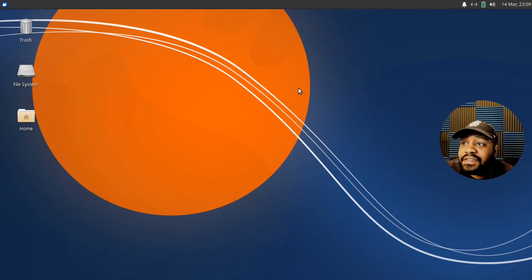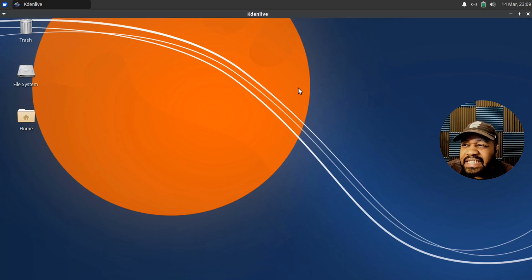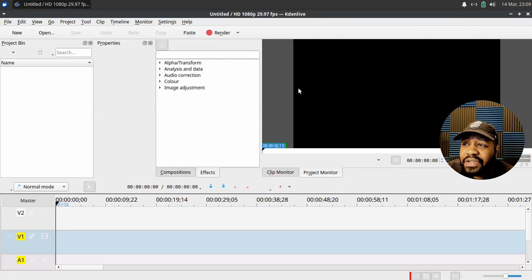This is a virtual machine. It's brand new. It doesn't really have anything on it other than a few applications. But I wanted to show you what it actually looks like when it first opens up, so you can understand how to set this up or get it pre-configured so you can start editing projects. As you can see, it automatically opens up in 1080p